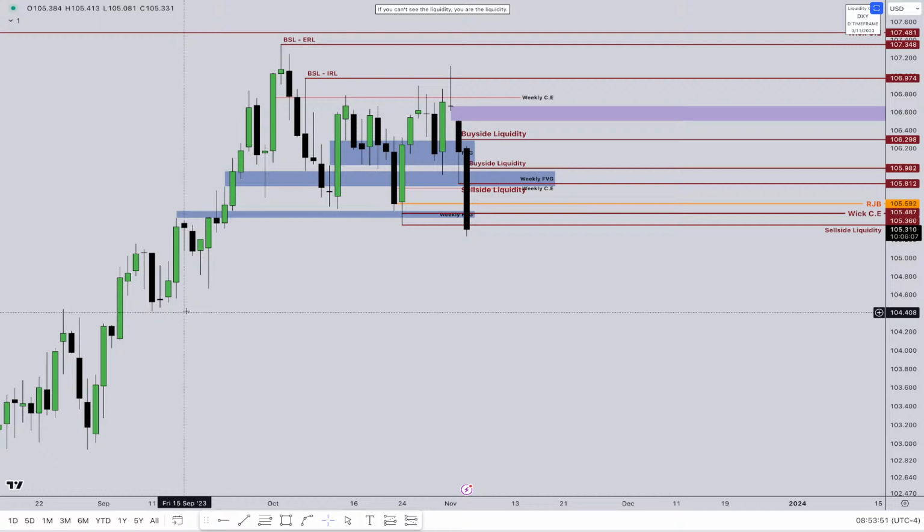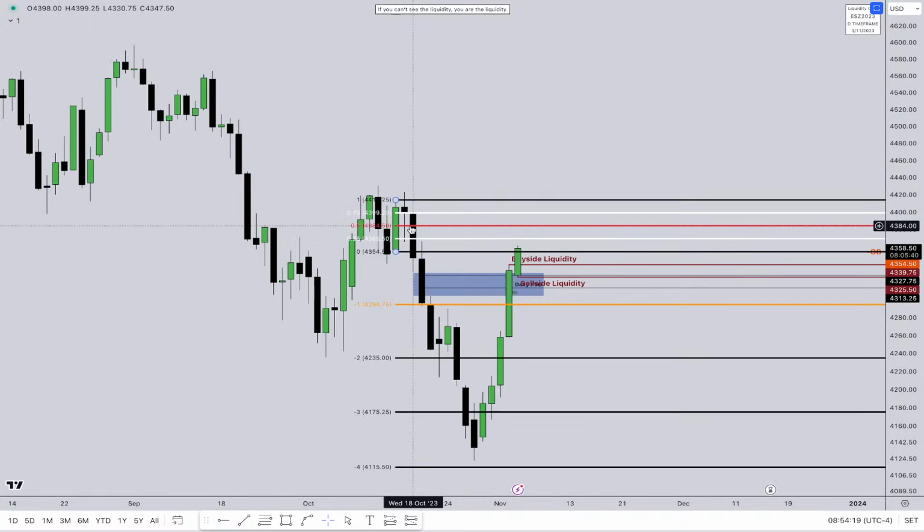For ES, I'm still monitoring closely if we go to the mean threshold of this bearish order block. The bearish order block mean threshold comes at 4,384 and a half. So 4,384 and a half is going to be an important level for me that I'm going to be tracking. If we trade above it and we close on Monday or today, or we treat it as resistance, this may tell me that we're going to be reaching lower to trade inside this fair value gap that